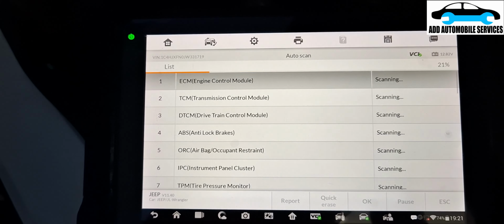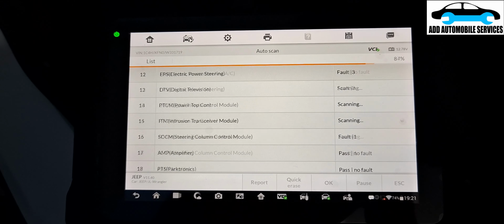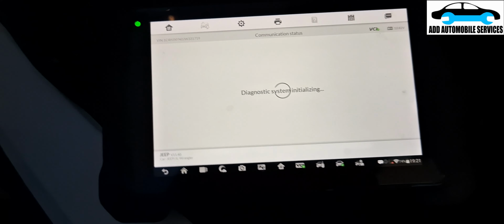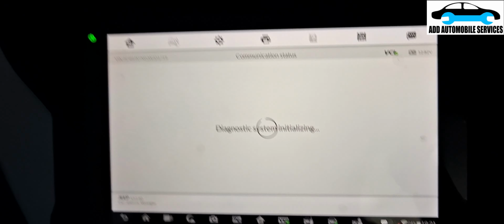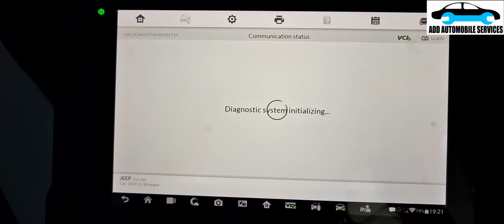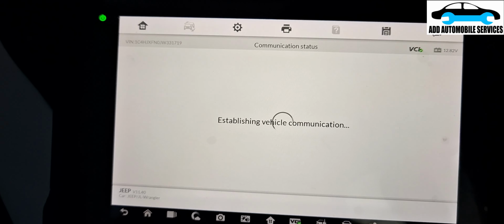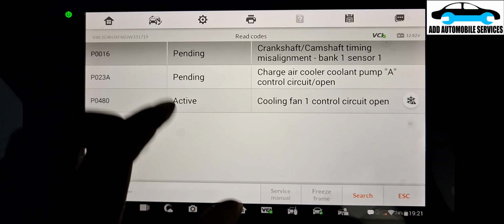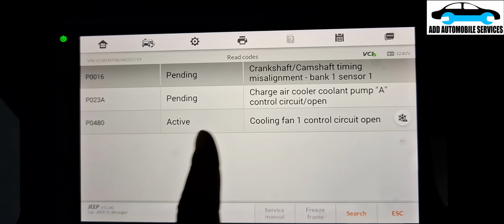After turning the ignition on, let me wait for it to finish scanning, and it's going to do it quick. So this is my fault code, and the fault code we are going to work on is this charge air coolant. You can see it has a pending code, and it has an active